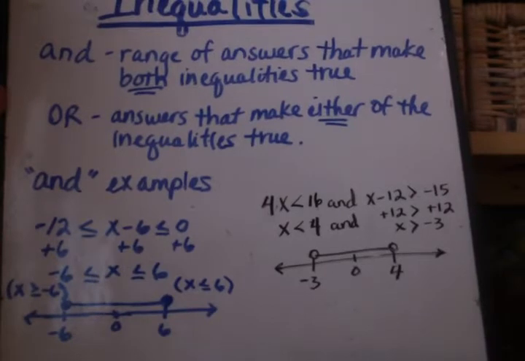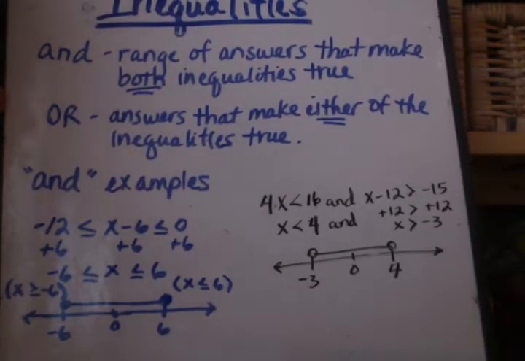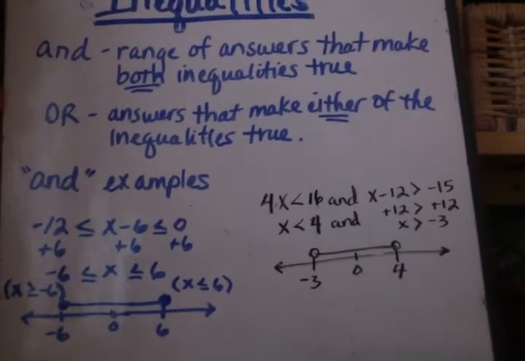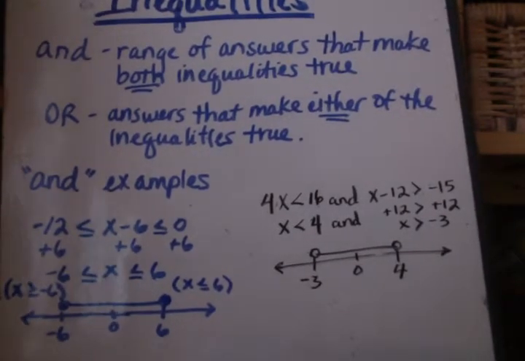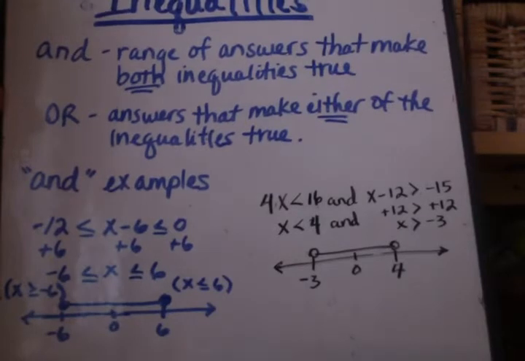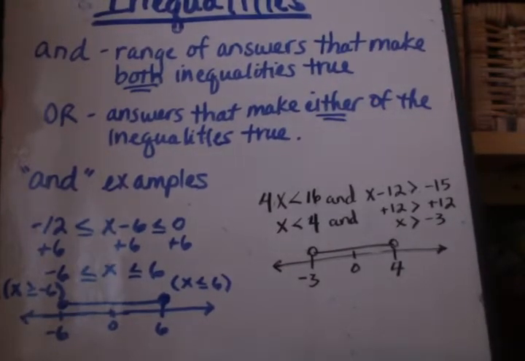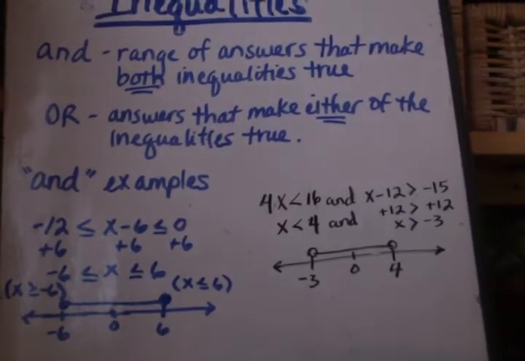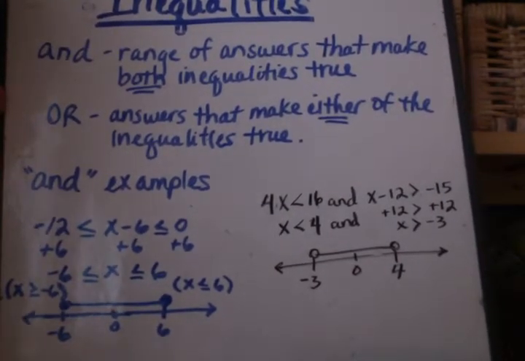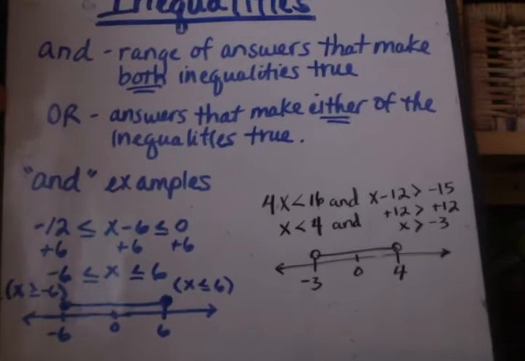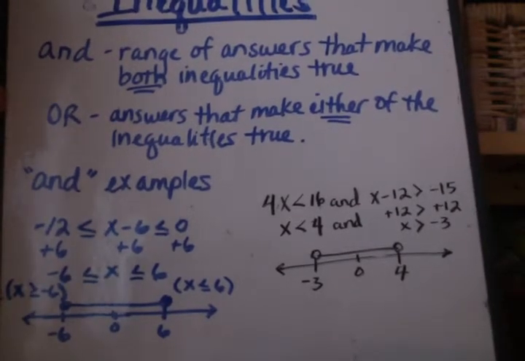So AND and OR are very common in computer science terms. AND means both conditions have to be true, and OR means either one of those conditions, either one of the answers to either of the equations can be true. They both don't have to be true for that equation. Anyways, so let me go ahead and give you two examples of the AND